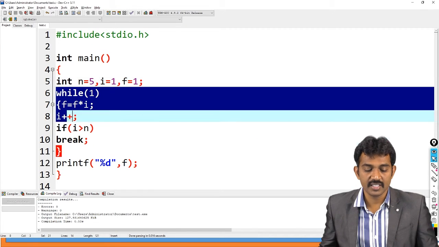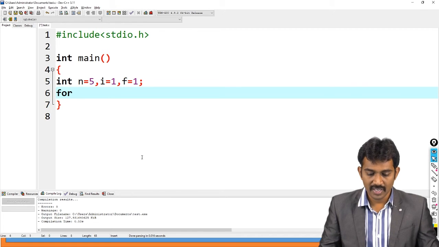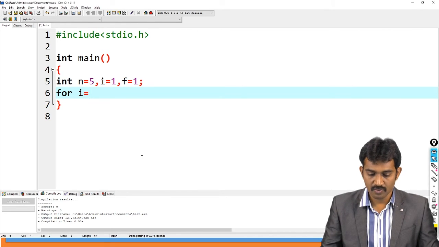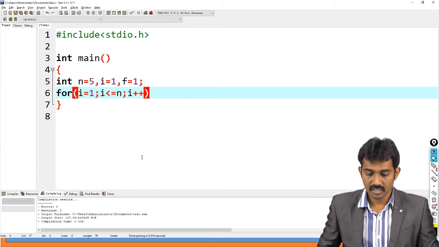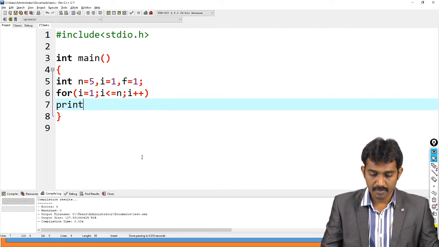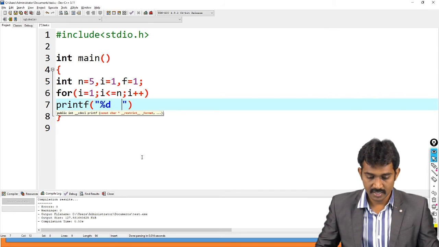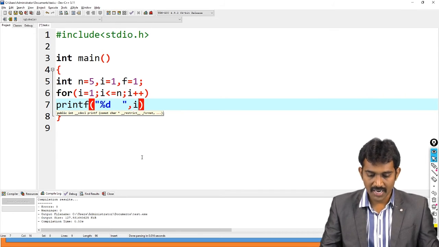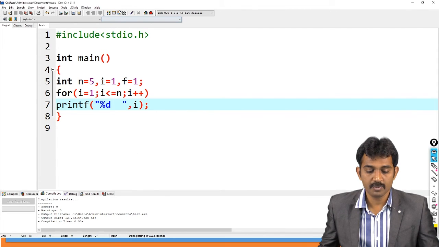Here you have the n value. So if you use a loop, for i equal to 1, i less than or equal to n, i plus plus, then printf of %d, comma, i, it is going to print all the numbers between 1 to 5.